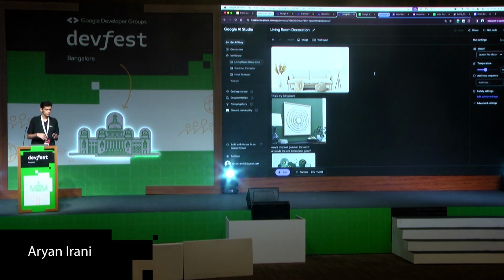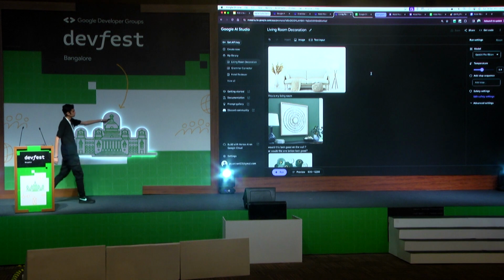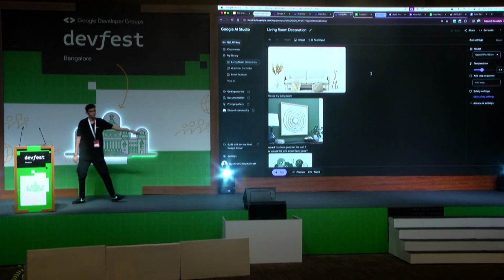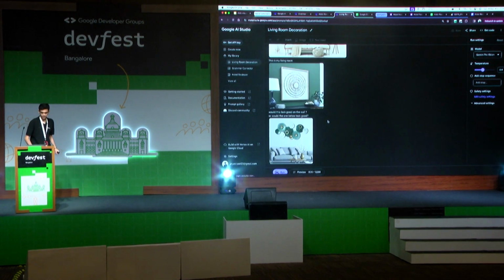So I would just search for things my mom would like, and I would put them into Google AI Studio. And I'll tell it, this is my living room. Would this look good on the wall, or would the other one look good on the wall? And now, how we are achieving this is going to be through Google Pro Vision. If I run it,